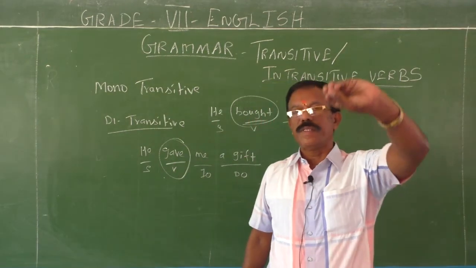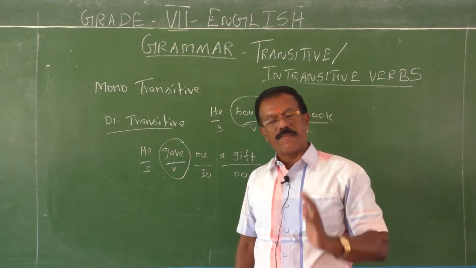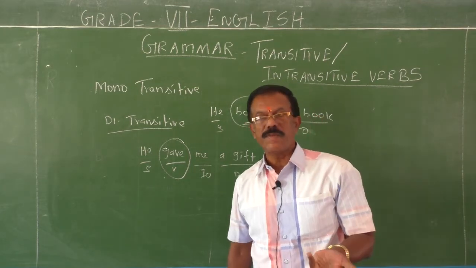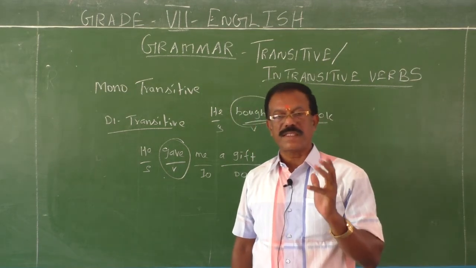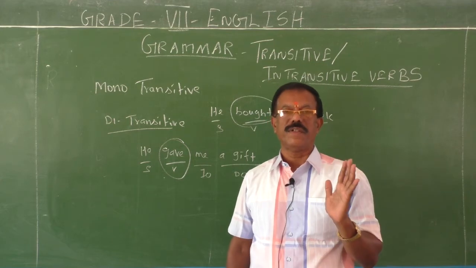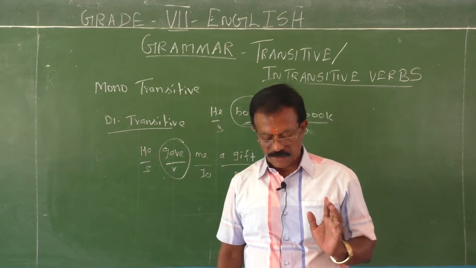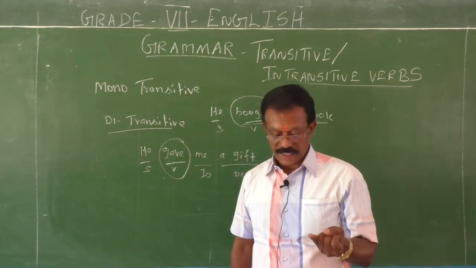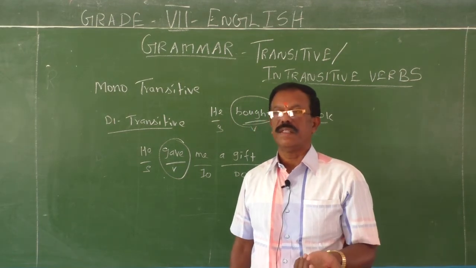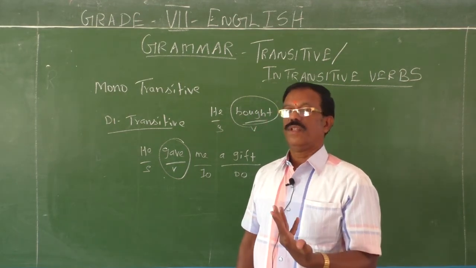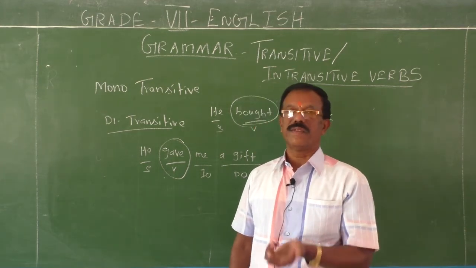So a transitive verb is a verb that takes an object. It completes a sense with the help of an object. The transitive verbs may be monotransitive or ditransitive. If a transitive verb takes a single object, then it is called a monotransitive verb. If a transitive verb takes two objects, then it is called a ditransitive verb. Good, do you follow me children? He sells, shows, offers, buys. You can give a lot of examples. Try yourself to use all these verbs in your own sentences with the help of objects.